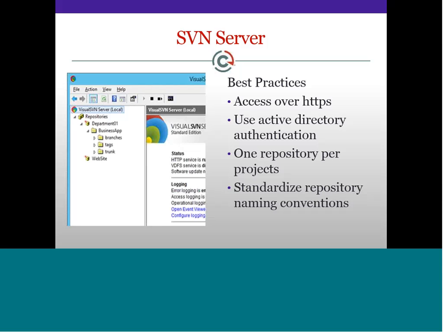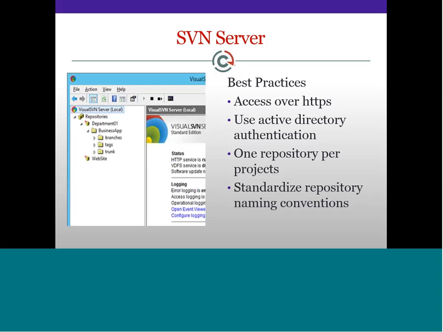I recommend HTTPS because you want to secure your project information. It needs to be accessible only by certain people. Setting up SSL requires just a little bit more work. You have to buy an SSL certificate and install it on your server, but it is very well worth it. The other thing is to use Active Directory authentication, which it supports out of the box. Essentially, your employees could just use their normal credentials to get onto